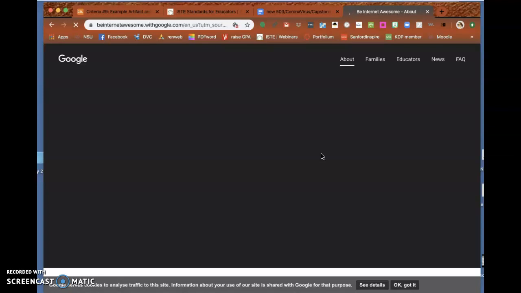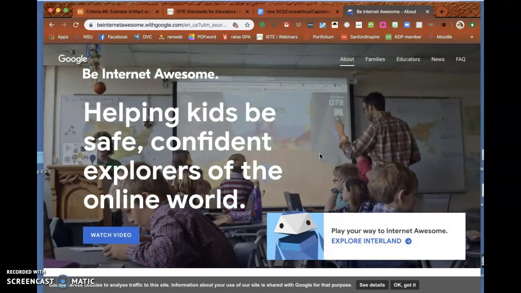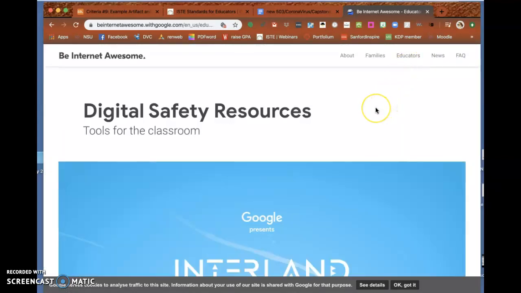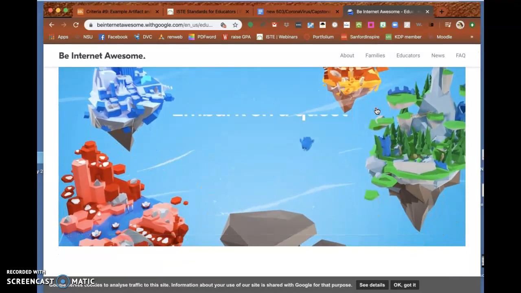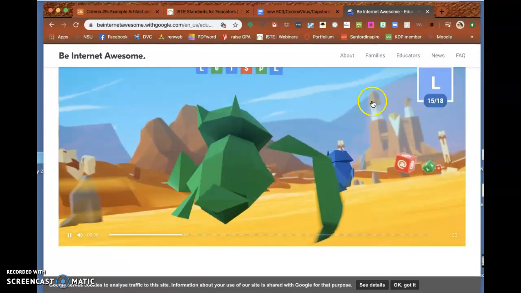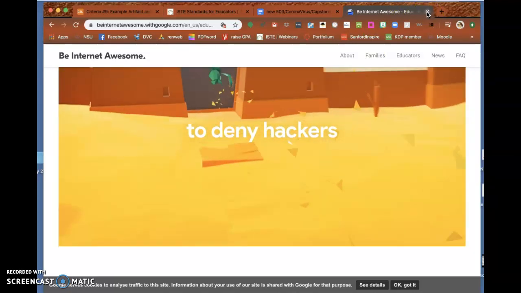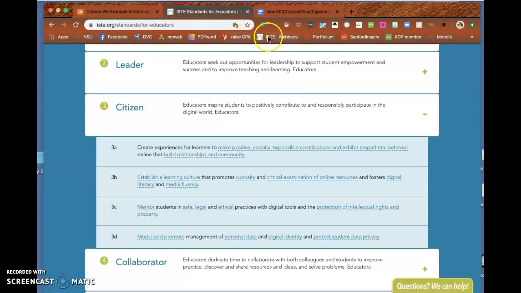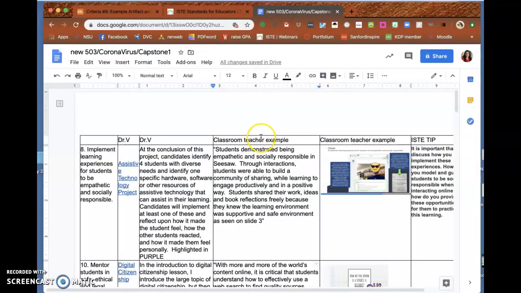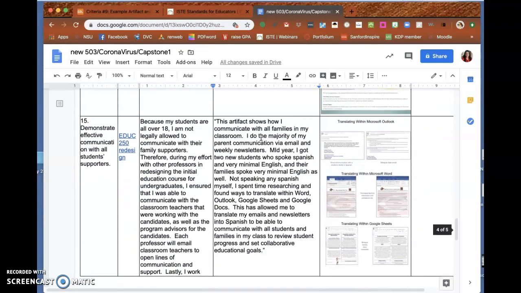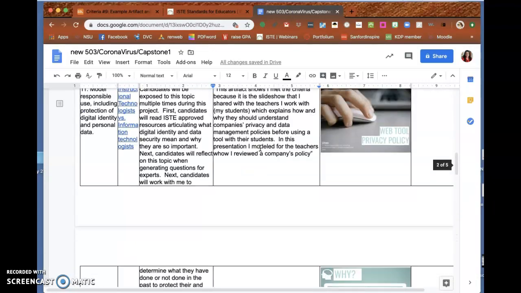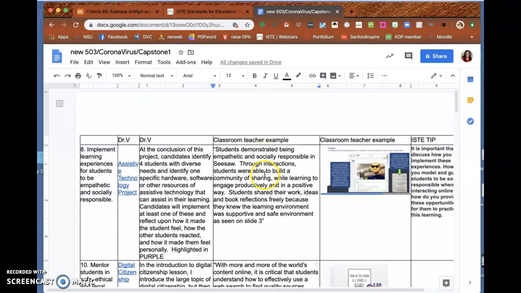Simply putting these already produced lessons into your classroom is not really enough to say that you mastered the standards. But by looking at them, it's a really cool and fun way to get some ideas. So I'm gonna make that cool game go away. So let's look exactly what we're going to be doing. In 503, I have picked out 1, 2, 3, I think it was 4. Yeah, 4 indicators that we are going to master for the rest of this semester.